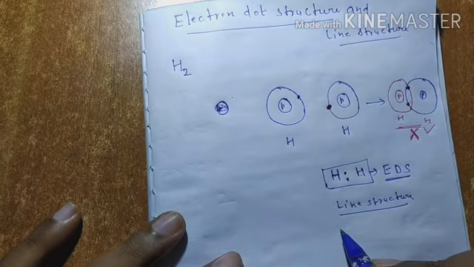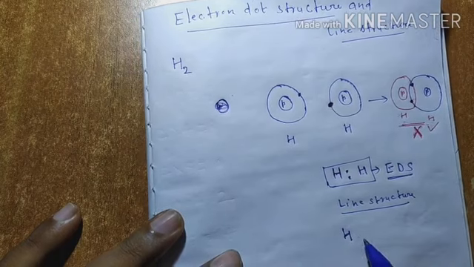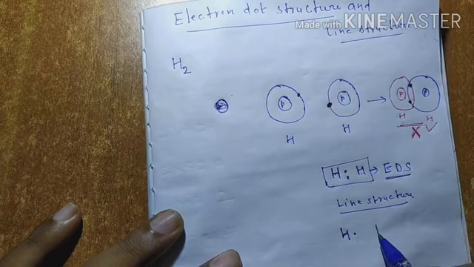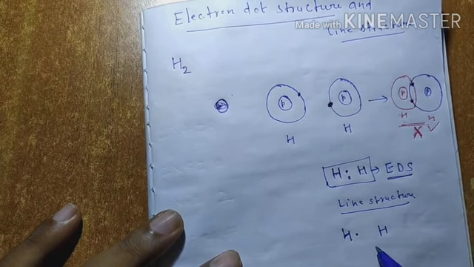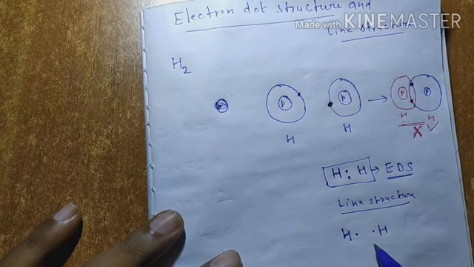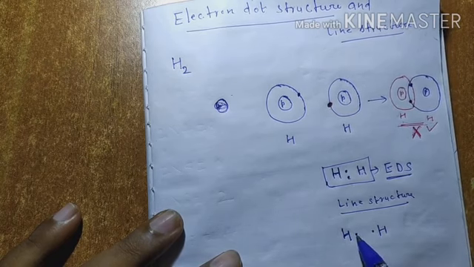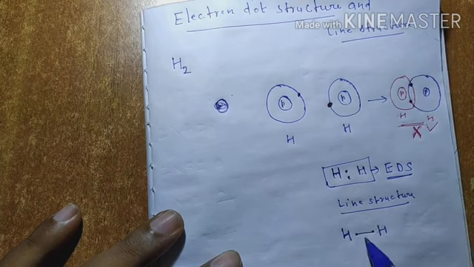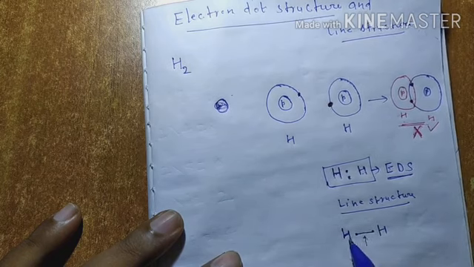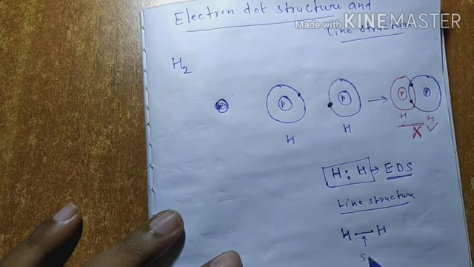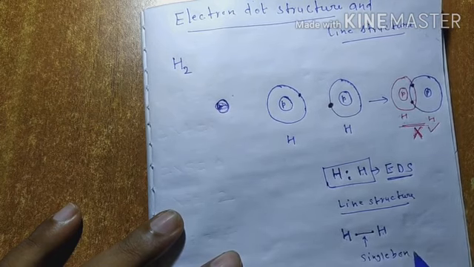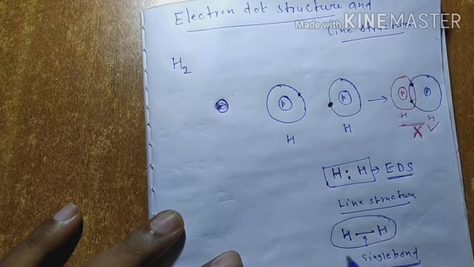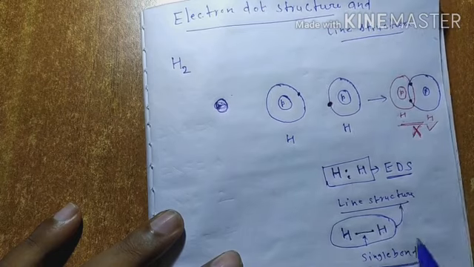See, hydrogen atoms are there. In the hydrogen atom, there is 1 electron in the outermost orbit or shell. Again, show 1 hydrogen atom, and there is 1 electron in the outermost shell, and you draw the line, this line. So this is a single bond here, a single bond between hydrogen and hydrogen atom. Right? So this structure, if you draw, is called line structure.